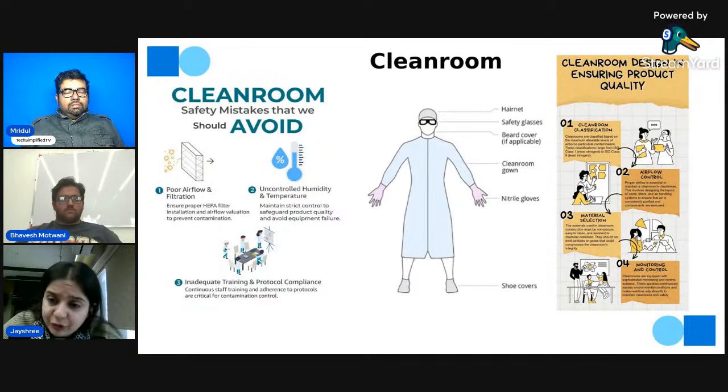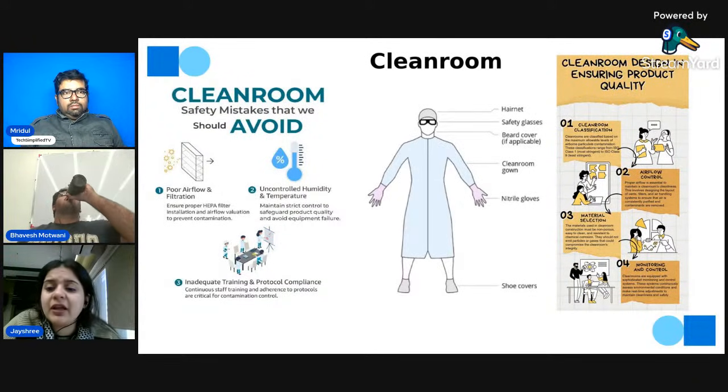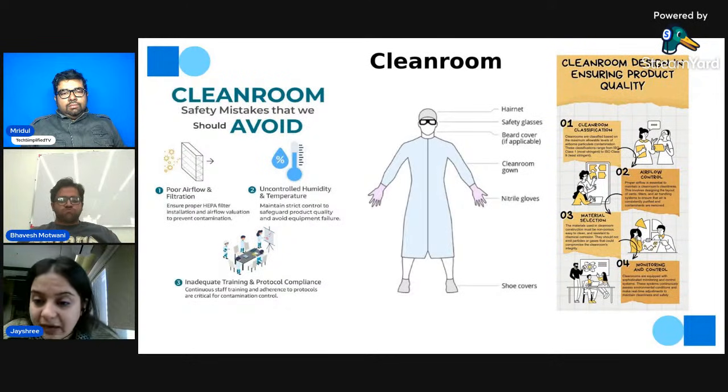So there are certain protocols which every fab lab has its own, and those should be maintained in every fab lab also. Even universities have their own clean room parameters and protocols, everything. Okay, then for this,